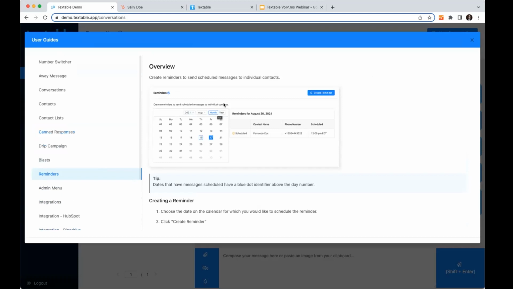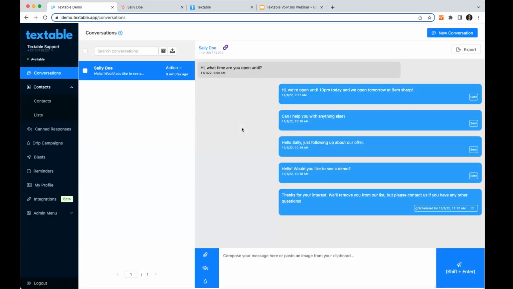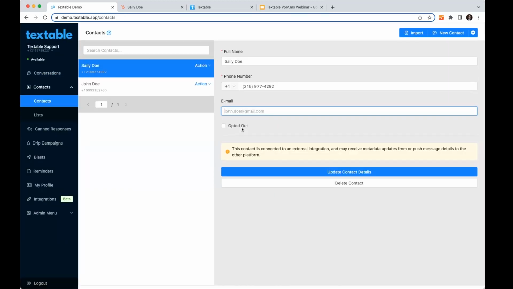In this system, there's sort of an assumption made that you have opt-in status for this customer, and then if somebody texts into you, you have that implied consent to go ahead and communicate with them anyway. It's transactional at that point. If they reply back with any of the keywords stop, cancel, quit, or unsubscribe, we're going to mark them automatically opted out here and let you know that, hey, this person's opted out. Both here, I'm going to actually show you.